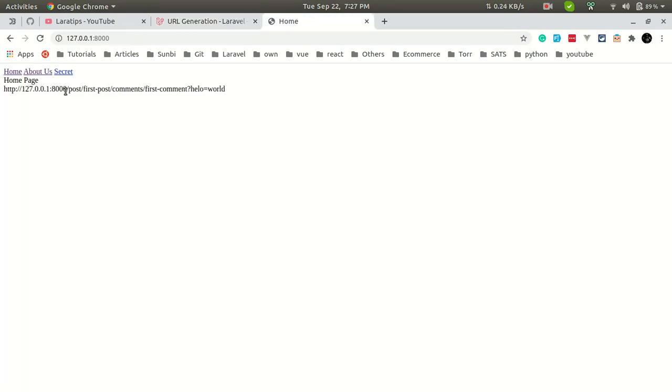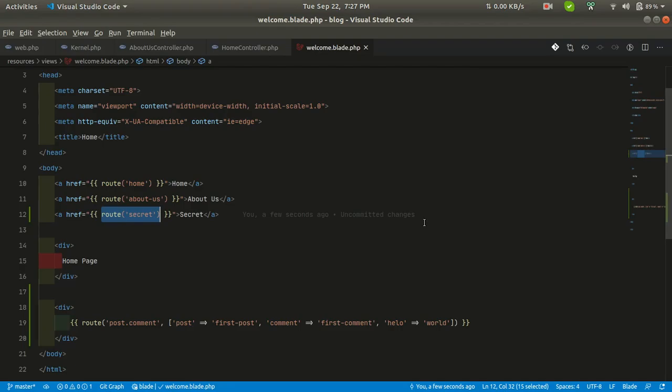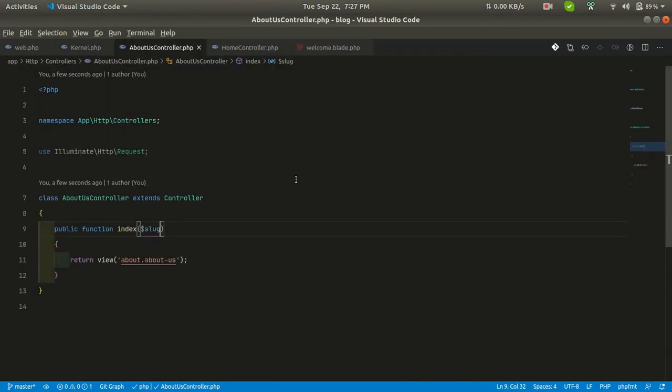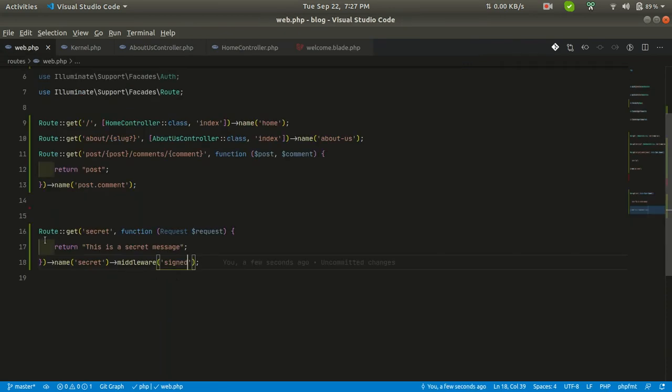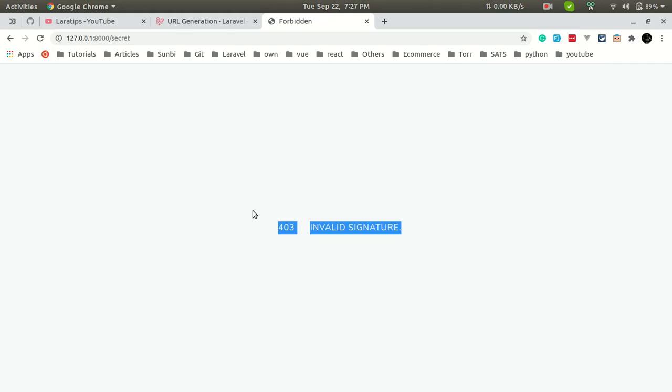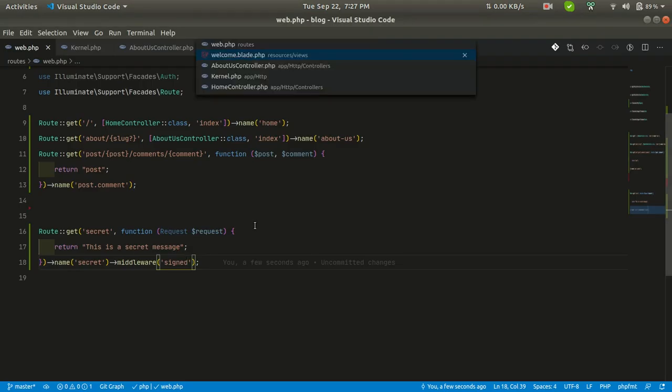So let me refresh the page and click on this. What will happen? It will automatically give us the 403 invalid signature. Okay, sorry, let me also go to the secret web.php. I have also removed that if check, but it is also telling me the invalid signature.